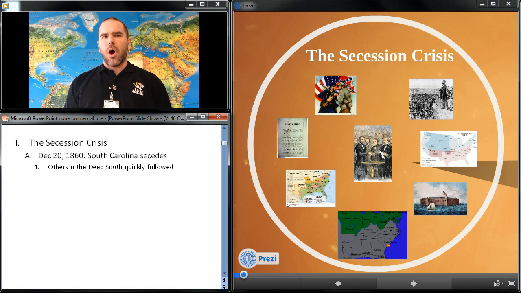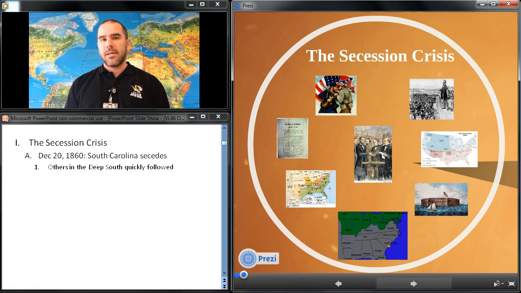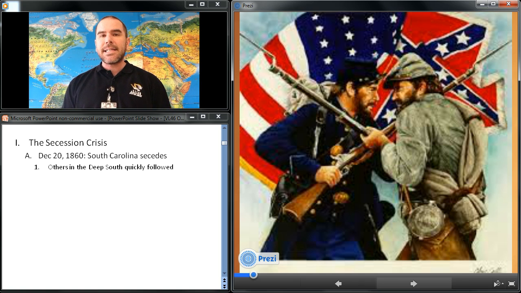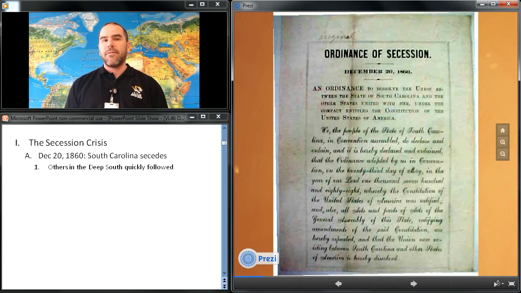So the Civil War was called the War Between the States by Southerners, and you'll also hear the War Against Northern Aggression, and the War of Rebellion by Northerners. On December 20th of 1860, the South Carolina Convention voted unanimously to secede from the Union. Fire eaters elsewhere in the Deep South